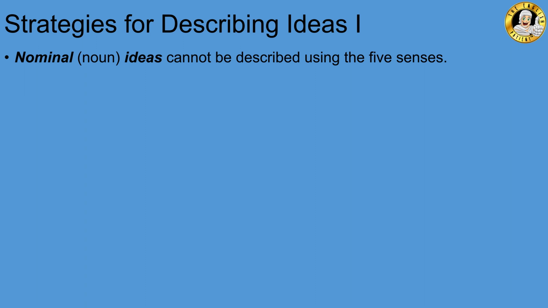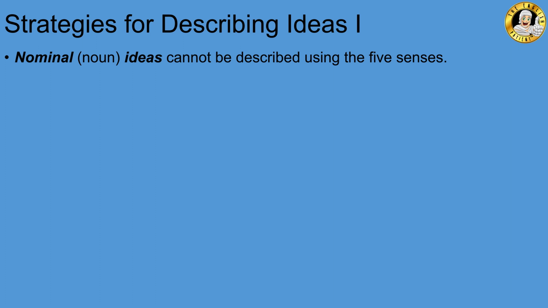Now, for describing ideas, this can be a little bit tricky because now the five senses are not really going to help us. So in all previous cases, of course, you should always be considering the five senses when you're describing something. Don't just describe how it looks unless you're only describing a picture, but you can also describe how the sun feels, how it smells, and if you're eating something, perhaps how it tastes. So always consider the five senses when it comes to descriptions, but